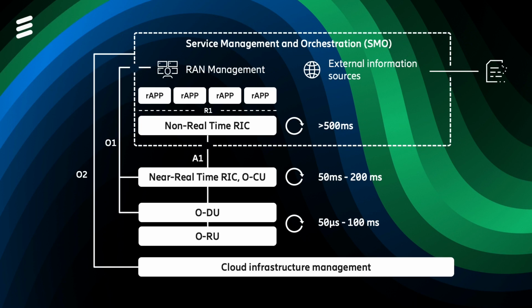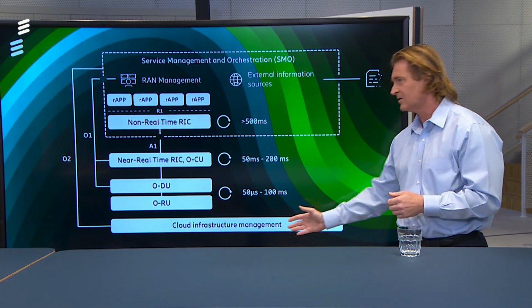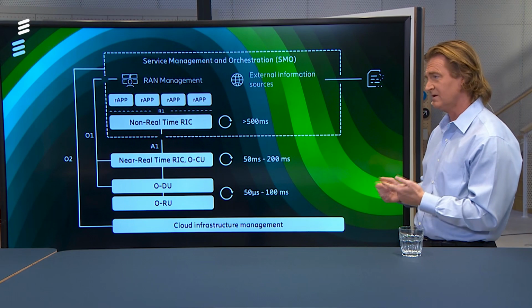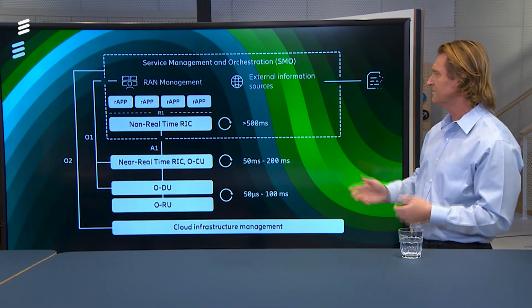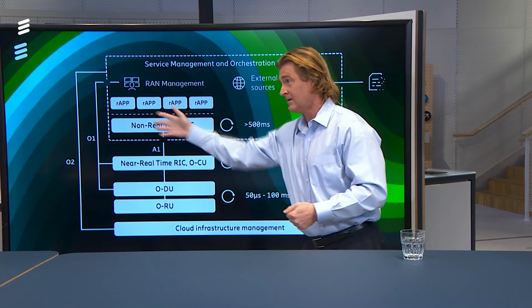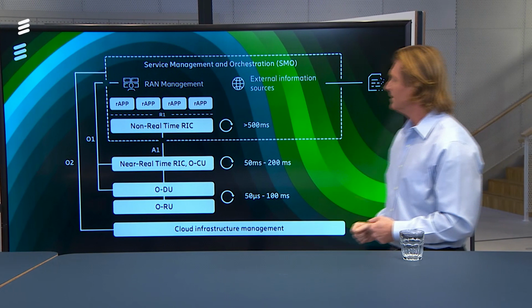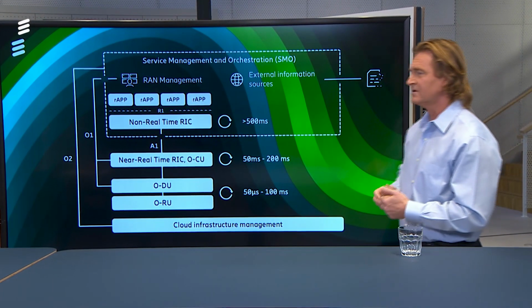And these three entities together make up the RAN itself. At the bottom, we have the cloud, the infrastructure. It could be physical hardware, or it could be virtualized hardware. And at the top, we see the management system, or rather, a more powerful version of the management system, because we have added in the non-real-time RIC here. Connecting all these pieces, you see these lines or interfaces, as we call them, which are how the different parts communicate with each other and send signals and messages between the different entities of the network.